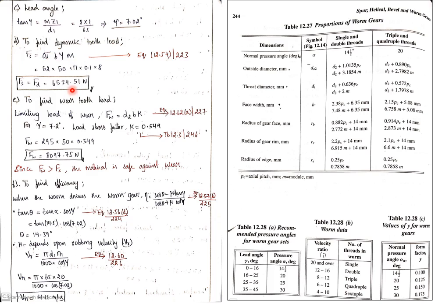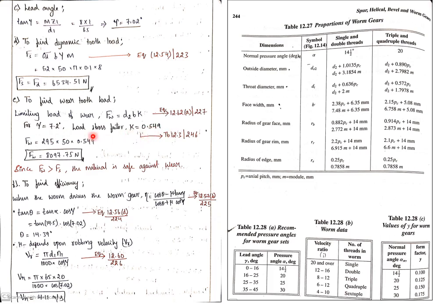The next one is to find the wear load. Wear load, you know guys, W is equal to D2 b K. This is from page number 227. Just substitute the values of gamma, you know. For K you can go to page number 246. There, table number 12.3 with respect to gamma, which lies between 0 to 10. For the material of hardened steel and phosphor bronze, if you check it properly, you will get the value K as 0.549.